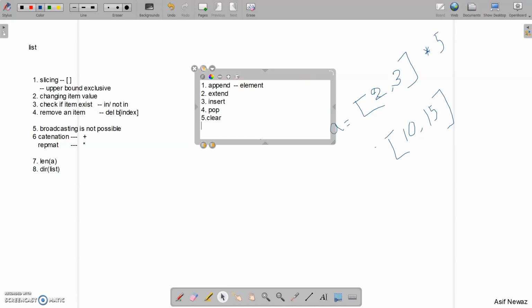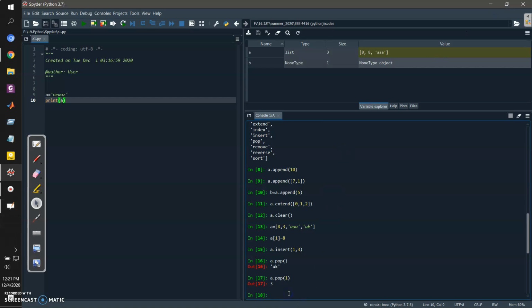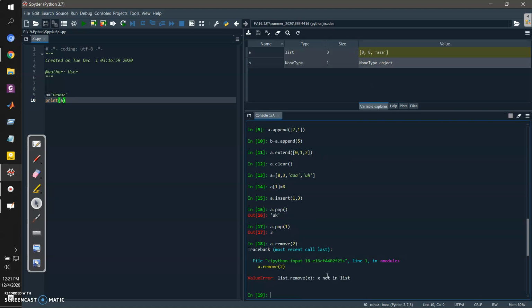Now previously we saw something here. If I wanted to remove an item, we used the delete built-in function, del, and the element from that index was deleted. Okay, so here you can see there is another function that is called remove. If I write a.remove, say for example I want to remove something from position 2, 0, 1, 2, this a, so see what happens. As you can see, it says the value is not in the list, that means the remove operation